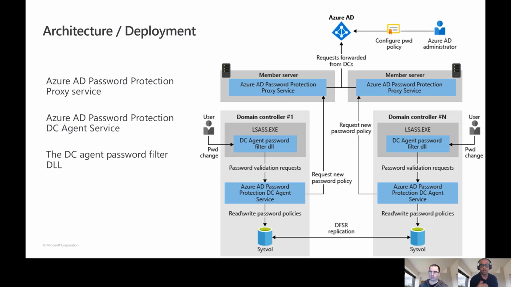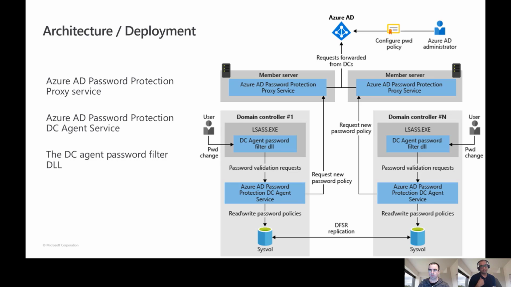Here, it's not the full internet, but there are certain URLs which we are whitelisting for the proxy agent to speak with Azure AD. What the proxy agent does is it downloads the policies. It's very important for us to be able to download the updated policies because the banned password list keeps growing with time. Every day, every week, there is some kind of update happening to our global banned password list. That's why we need to be able to download the updated policies. They can be downloaded on the DC or on a member server.